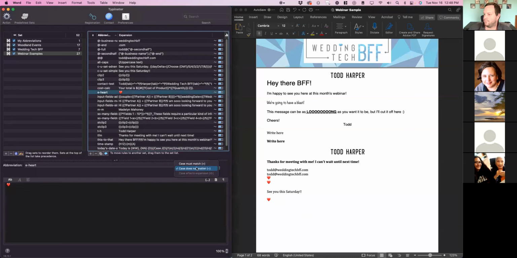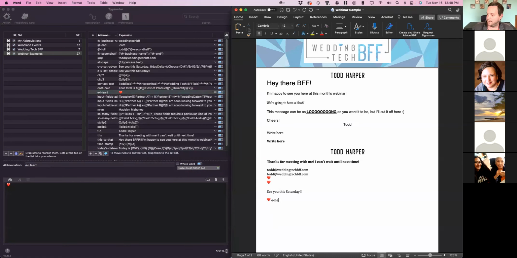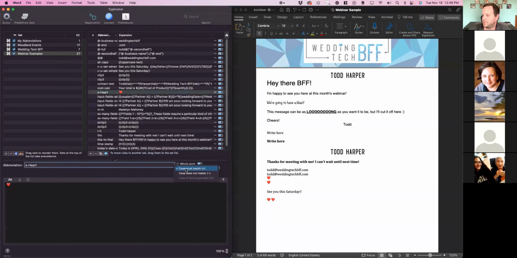And case does not matter can be changed to case must match. So say you had an E heart like that, and you said case must match. If I just write lowercase e heart, nothing happens. But if I write capital E heart, then it converts. So just a couple of features there to pay attention to so that you don't get confused when you're trying to set this up for yourself. Okay,